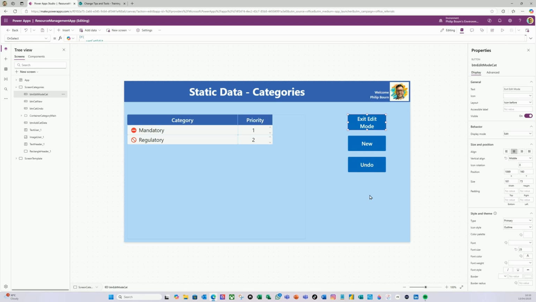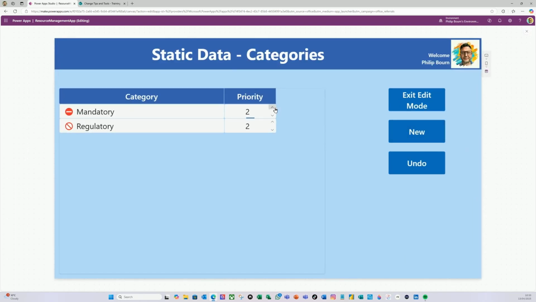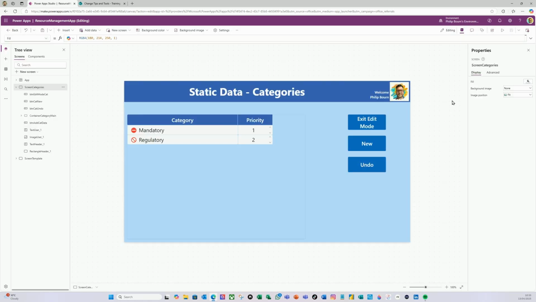Now, at the moment, if we just play this and I make this change to 3, for example, and do exit edit mode, see it goes back. It doesn't actually write anything. And the reason being is that we've not actually saved any changes here back to our collection. So let me go back into edit mode there, and let's just go back into the design mode in the edit mode here, as far as editing the form. So we need a way of saving any changes we make here back to